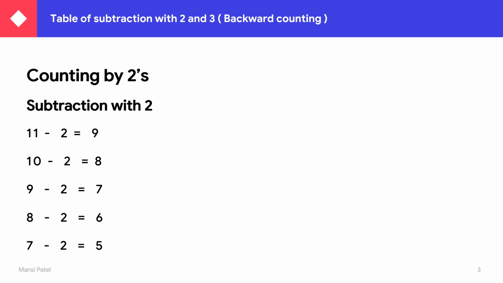In the table of addition, we studied that we just add the ones place only. The same rule you have to apply in subtraction, in backward counting. We just subtract the ones place only. Other digits we have to put as they are. If anything is needed, if we want to borrow, then we borrow from the previous number.